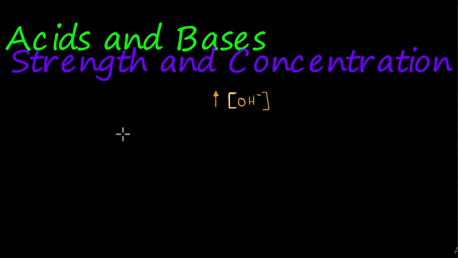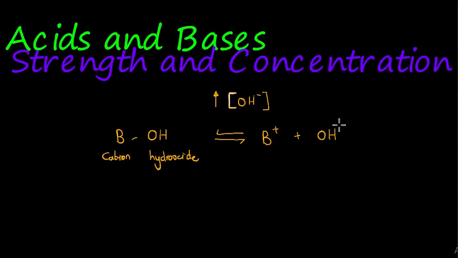So typically a base would be a cation bonded to hydroxide, so that when we dissolve it into water, it breaks up into the cation plus the hydroxide ion. Now again, a strong base would be a base that completely dissociates, in other words completely breaks up into two,